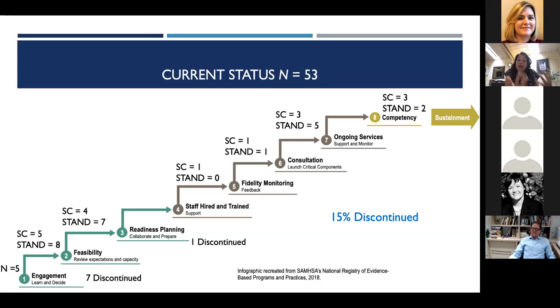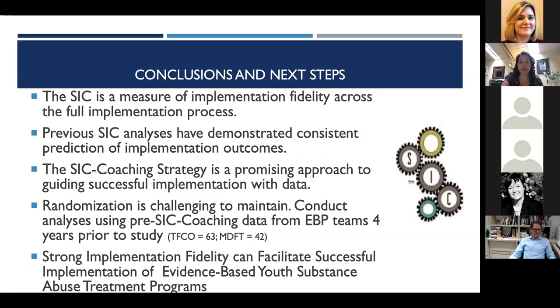So why I say it's a mixed bag is, in terms of our ability to look at the randomized clinical trial, we're challenged. However, the flip side is we are accomplishing exactly what we had sought out to accomplish, and that is that we are moving these programs to sustainment more quickly, and we are doing it more efficiently, and we are not having the same level of discontinuance that we were having before. So from that standpoint, I consider it a success. I don't know, NIDA might differ with me on that. You guys can tell me.